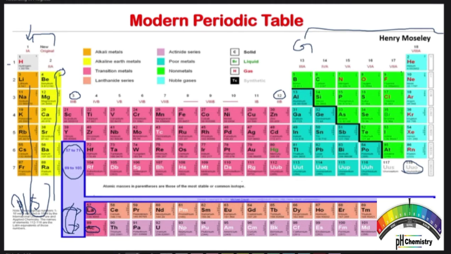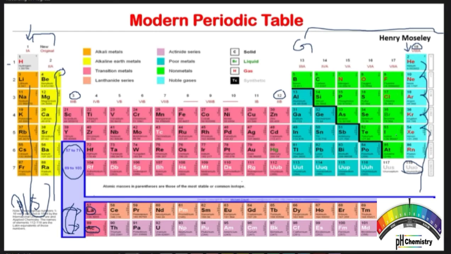Okay, now I will come to this block, means this group number 18. These have a stable electronic configuration. All the elements present here have a stable electronic configuration. They do not have a tendency to react with any other elements in the periodic table. So these elements are known as noble gas elements. These are the noble gases because all are gaseous in nature and noble. They don't react with anyone.